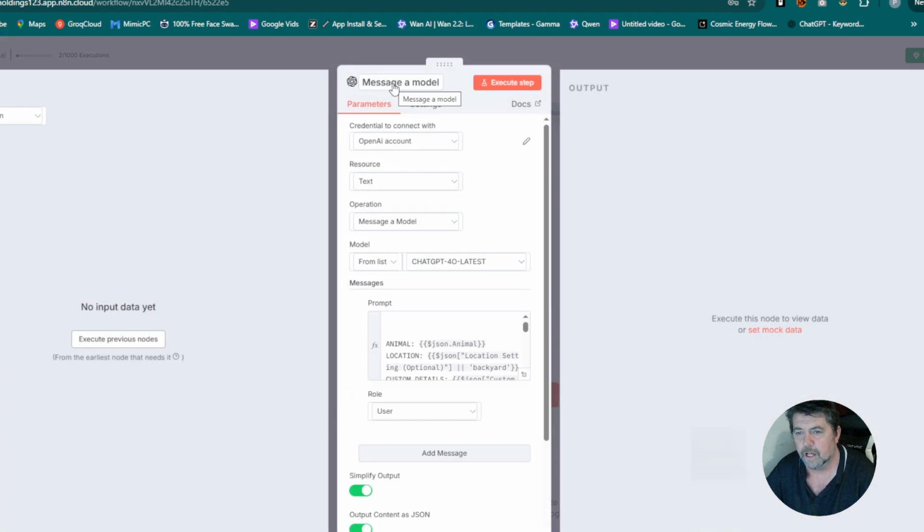So then you want an OpenAI model. I'm assuming you all know how to set up your credentials. If not, you go to OpenAI, get your OpenAI key and fill out the forms. I'm not going to show you mine. It's the resource text, message, the model. We've got ChatGPT 4.0 latest,